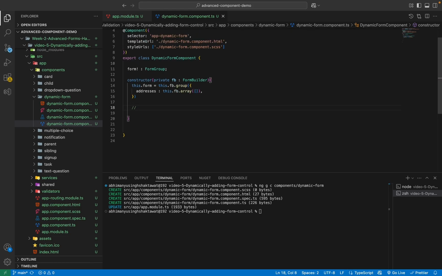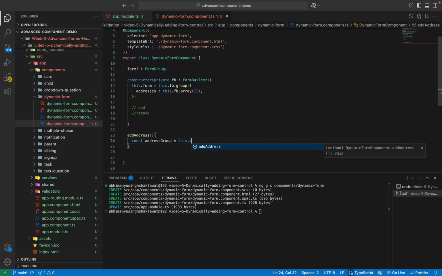Okay, so now we can define our different methods to add and remove addresses from our form field. The first method which we will initialize is our add address method. This method will allow us to add different addresses to our form array. So we'll define here a constant address group, and this would be this.formBuilder.group